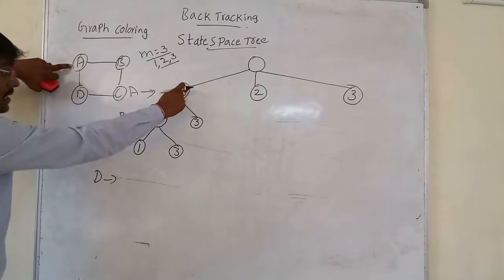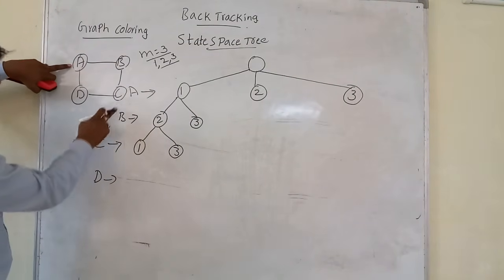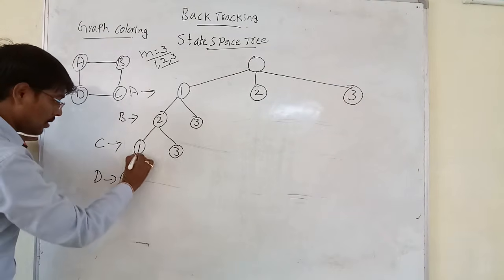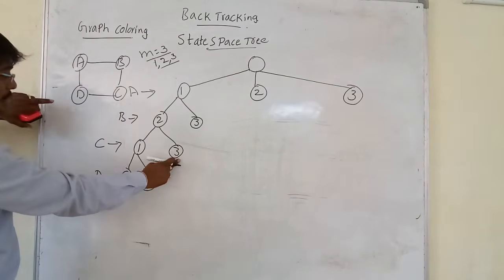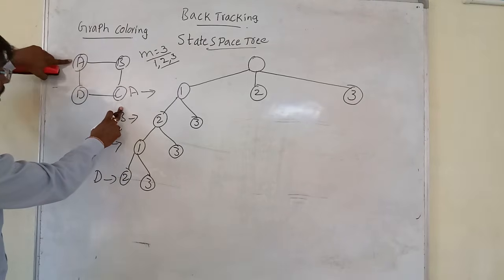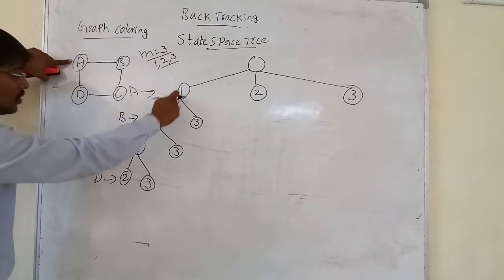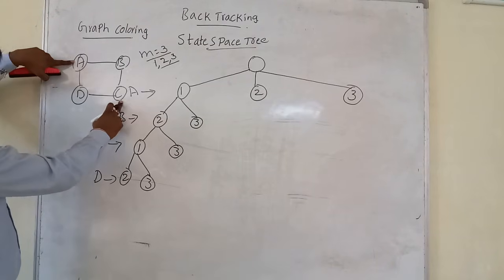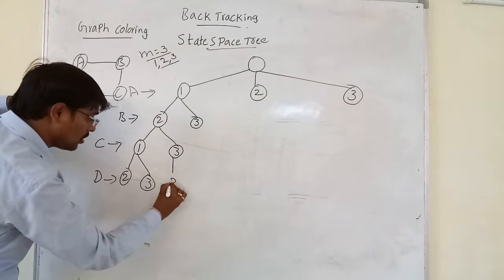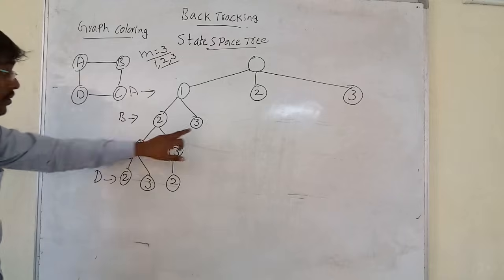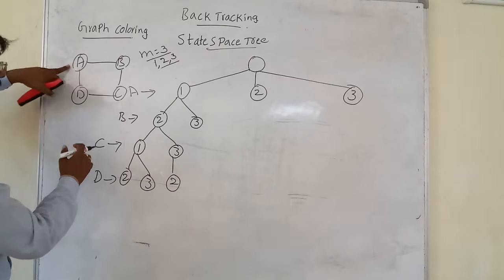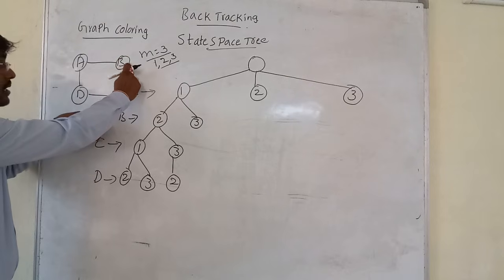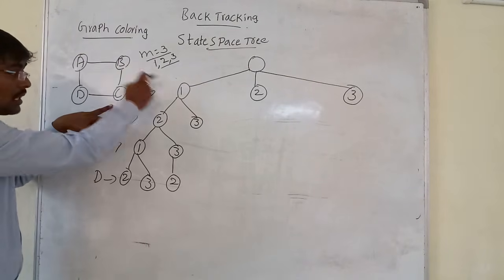A is 1, consider this part, A is 1, C is 1. So possible combinations are 2 and 3. For example, this one, C is 3, A is 1, B is 2, C is 3. So this color is 1, this color is 3. So only possible case is 2. Next, come to this one, A is 1, B is 3, C. So only adjacent is B. B is colored with 3.